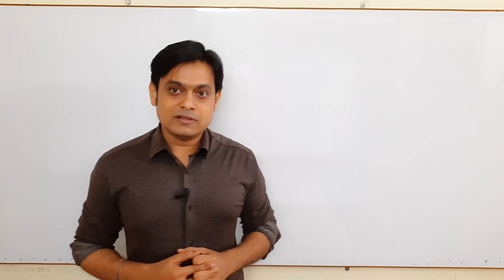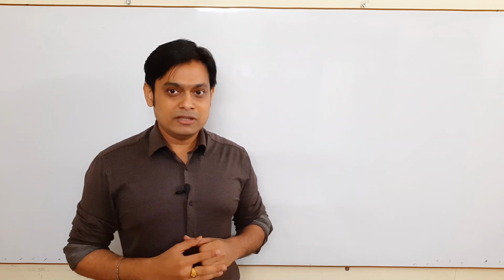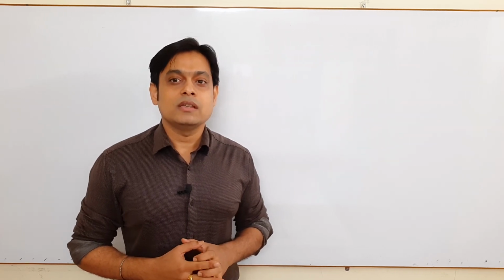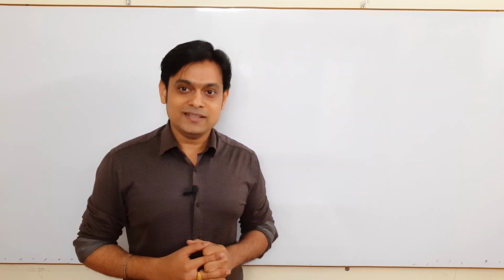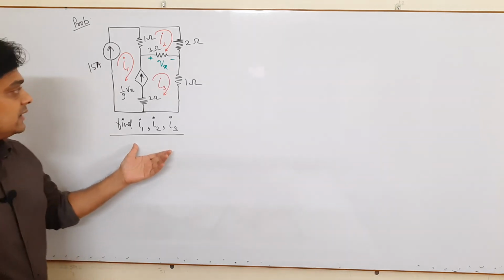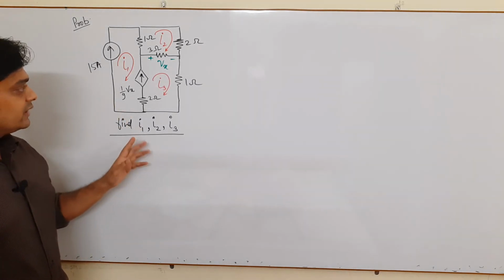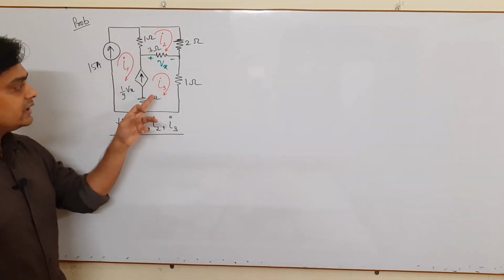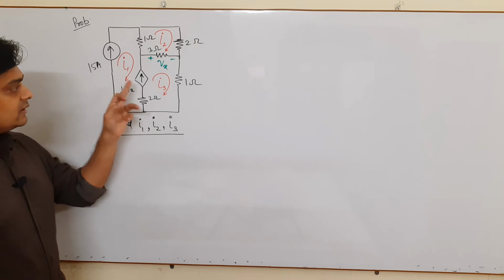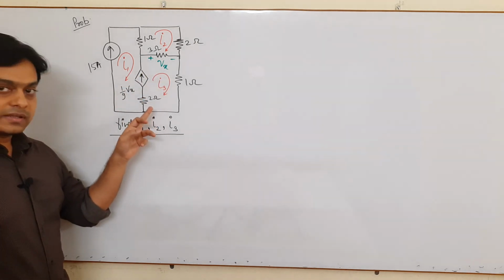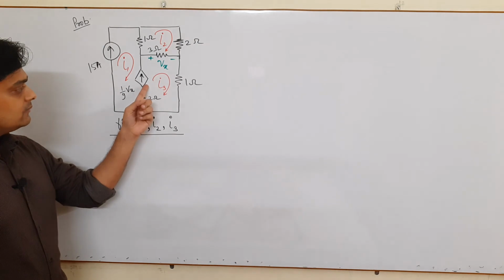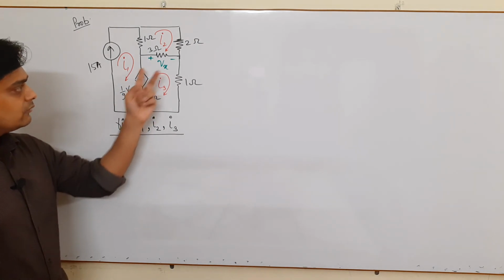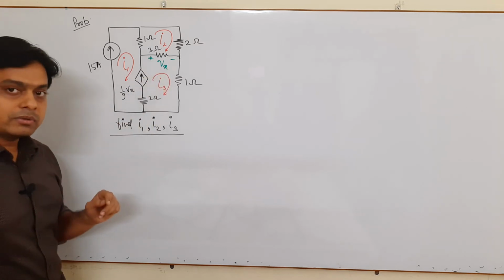So we start with our problem solving sessions. Please be with me and try to understand the very basic concepts of network, how we apply those concepts in finding out the solutions. Okay, so this is our next problem. Please see this problem. You have to find the value of current I1, I2 and I3. These are the three loop currents for this circuit, and there is some dependent current source whose value is 1 upon 9 Vx, where Vx is the voltage which is appearing across this 3 ohm resistance.